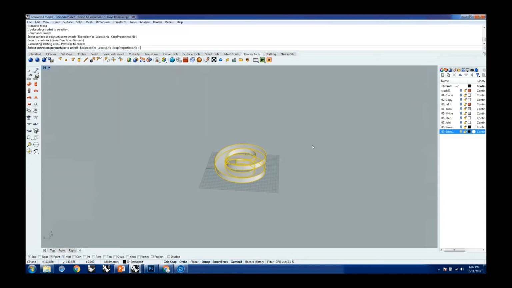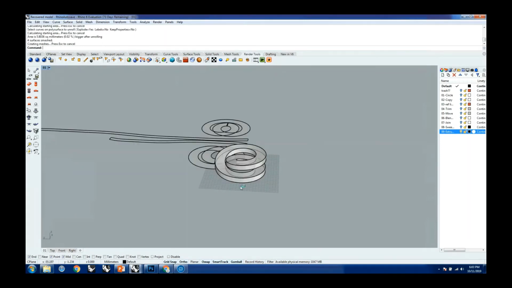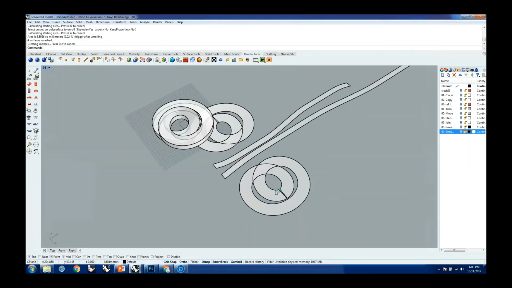It's asking, shall I explode it? We would say yes, because if you don't explode it, all the surfaces are going to intersect into each other and it's going to be a mess. So I'm going to say yes, explode. And this is what we get. So this is, let's say, the top surface, the bottom